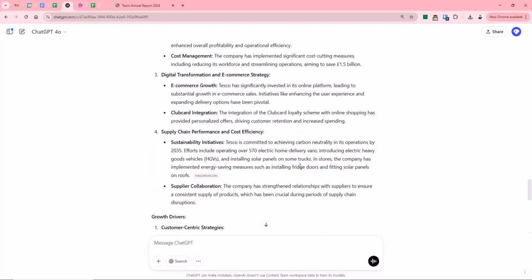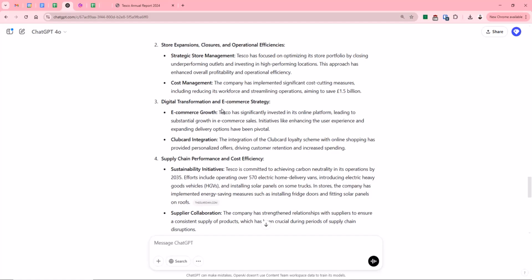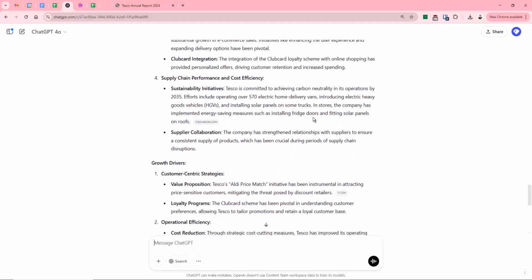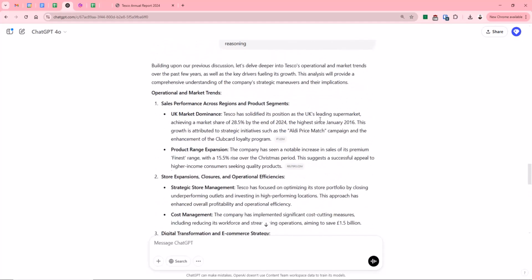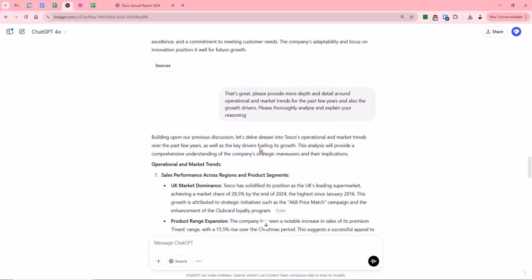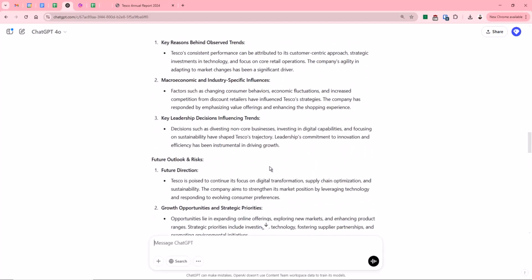It's built on that, and we can keep continually going back and say, looking at the digital transformation, e-commerce, we can ask it to review the document again specifically about digital transformation and e-commerce and explain the trends over the last few years, what Tesco's plans are for the future, providing more information, more statistics, etc. And by the time we've done that a few times, we're going to have pages and pages of really broken down, detailed information pulled out of that report and from other sources relating to Tesco's.